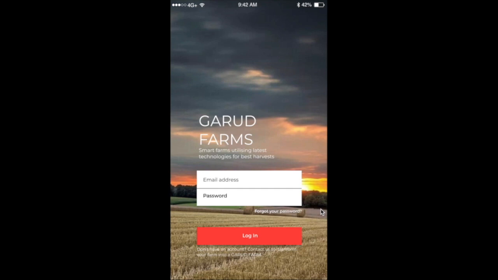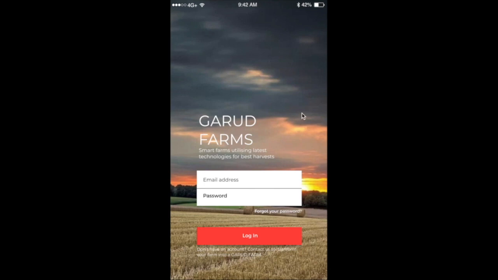so that we can cover a maximum number of farmers. The app UI has been kept extremely simple and elegant. We have also built an actual prototype of the app and are going to display a quick demo of it. This is the login screen and the farmer can log in here with the unique login credentials which they are given when they buy a Garud ornithopter.